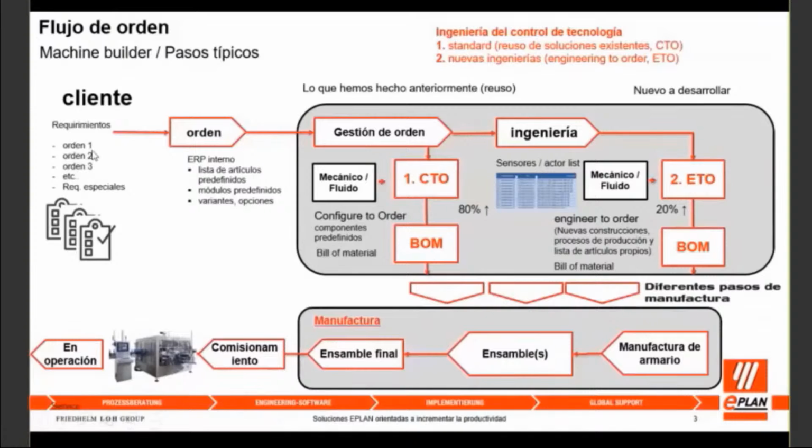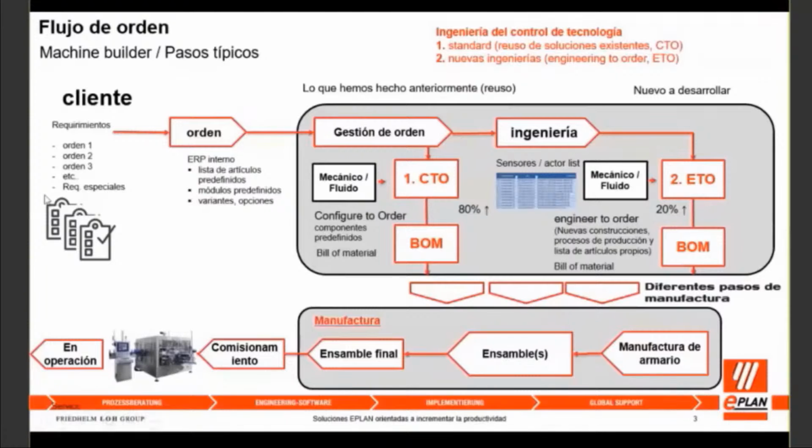Ya pueden ser órdenes preconfiguradas o estandarizadas que nosotros tenemos, o algunos requerimientos especiales también. Básicamente recibimos la orden del cliente con todos los requerimientos y con las órdenes de trabajo. Recibimos la orden dentro de nuestra compañía; la orden que la recibe lo puede manejar un ERP interno o un cierto departamento en específico, en el cual toma la información de las órdenes, como es una cotización, pues mucha